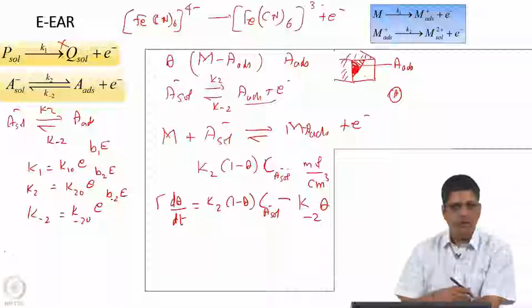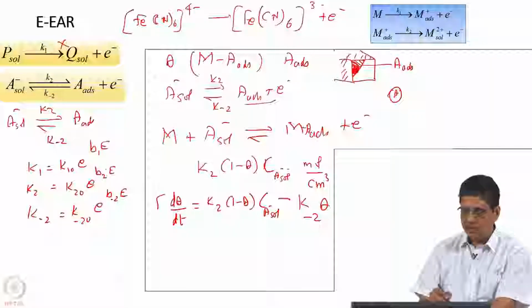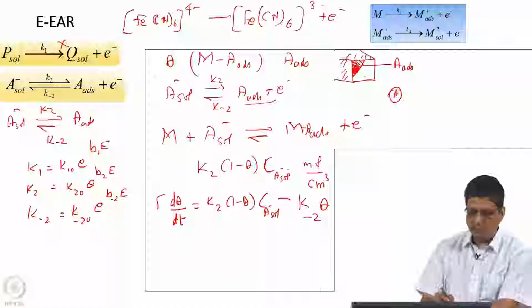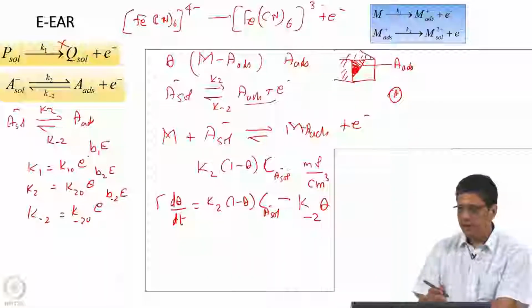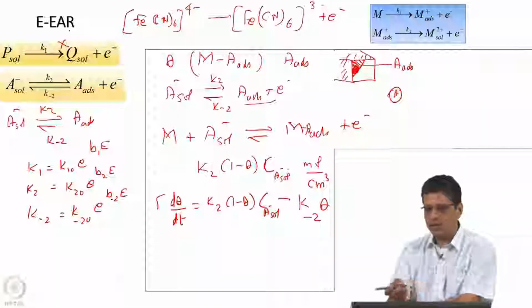It is not just some positive number, it has a physical meaning. For simplicity we are writing it in this notation. In literature, many times you will find that instead of writing it as B1 they would write in terms of alpha, and the transfer coefficient of the first one they will call alpha 1, the second one alpha 2, etc.